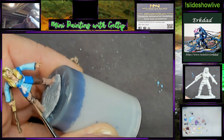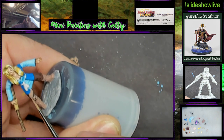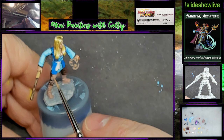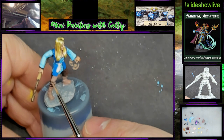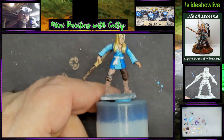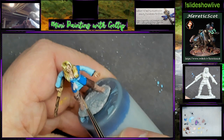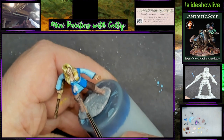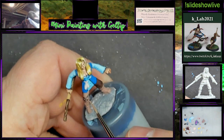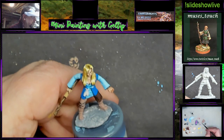Just kind of smooth these out a little bit. And there's nothing to say that once we're done, if it's too bright and you're like, oh no, I went way too bright with my highlights, you can actually glaze this back down with that mahogany. The problem is that I'm too close to the band color now, so I am going to have to change that band color. But before we do that,